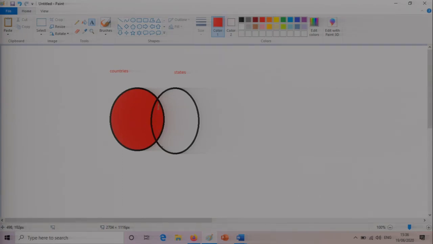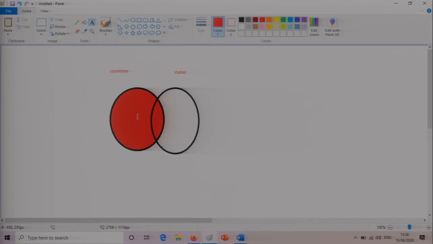So all the common part which is also a part of the states table will be chosen, but because I am talking about left outer join, the left side is whatever you write towards the left of the join clause. So usually we are writing the countries table at the left hand side. You might as well swap it, that doesn't matter. So in that case it will be the states table entries. Okay, so at this moment in my query, I have written countries towards the right and states towards the left.